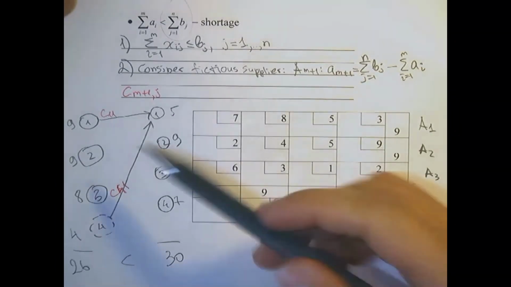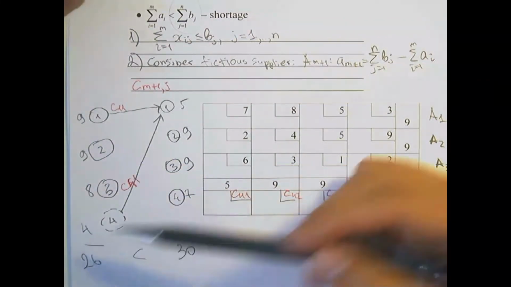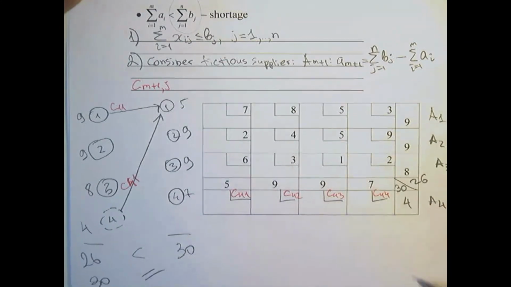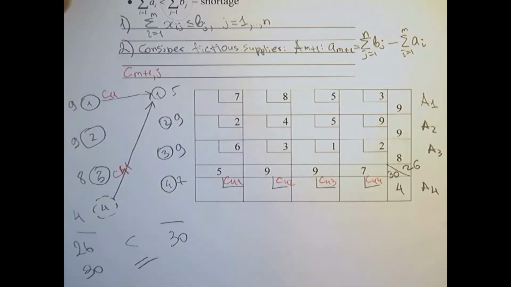And when we have balanced our problem, we see that now the total supply volume is 30, which equals our demand. Now we may continue with solving this problem with Excel and assume that we found a solution